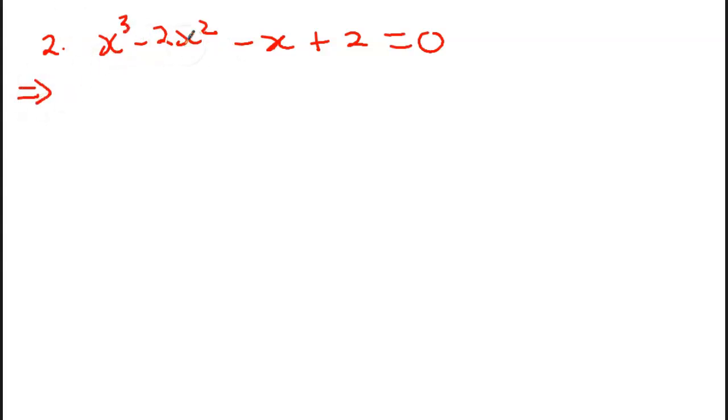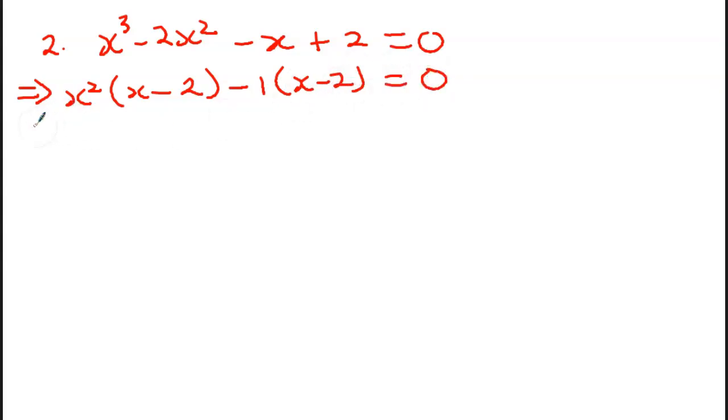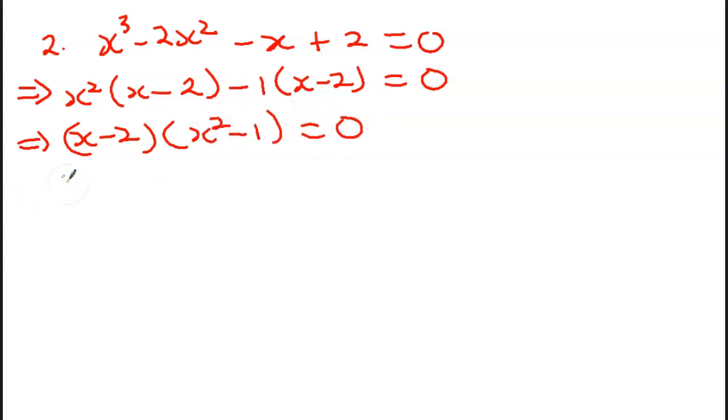So this implies that x squared out, x minus 2, minus 1, x minus 2. That's grouping, the method of grouping. So we have x minus 2 times x squared minus 1 is equal to 0. So x minus 2. Now this is the difference of two squares, so we have x plus 1, x minus 1